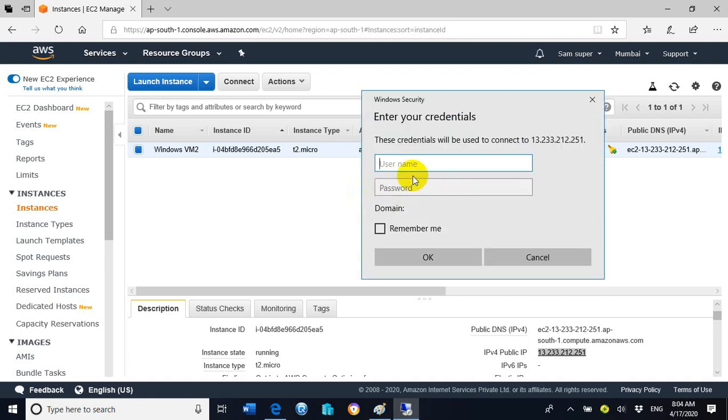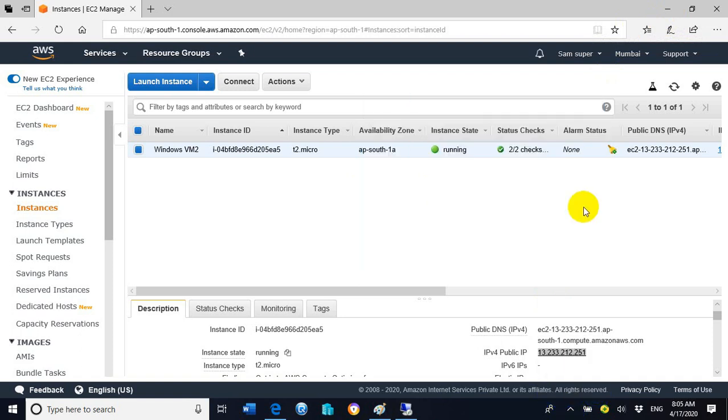Username assign as administrator. For the password we require the key that we saved before. So go to the location in which we already saved the key.